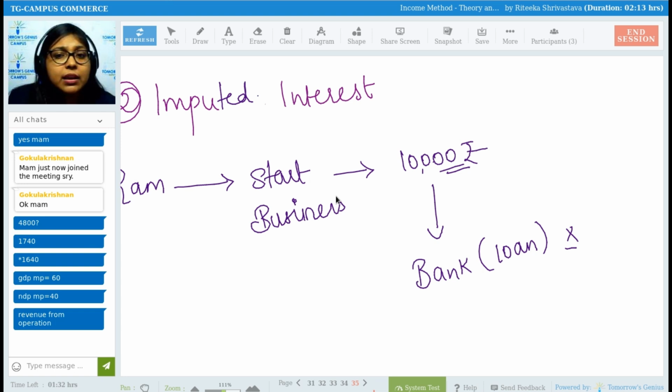But now, as it is said that we are going to include imputed interest in national income, then how will you come to know how much interest rate we should charge? Because now Ram doesn't need the loan. So that is where imputed value comes in. Imputed value means what? At present,